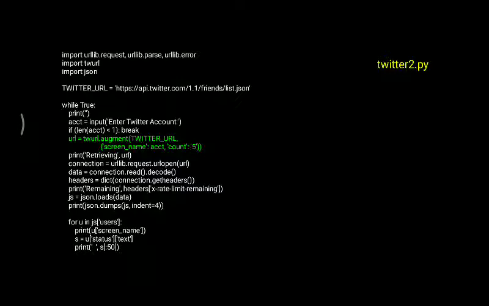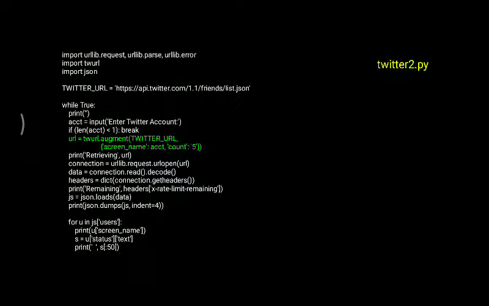Now we have a Twitter URL. But as I said, we need authentication for this. At the end of this URL, something is written as list.json that contains the data in the form of JSON, and we are supposed to extract the elements contained in that list.json.